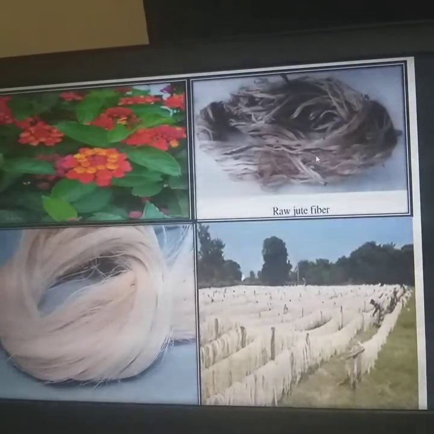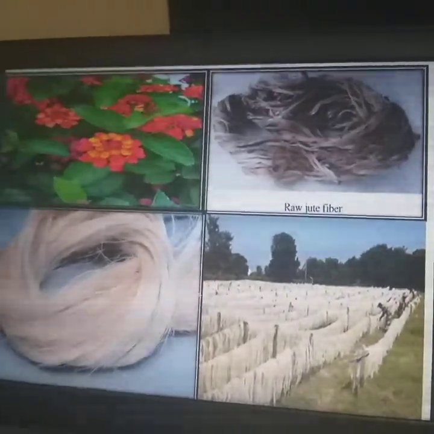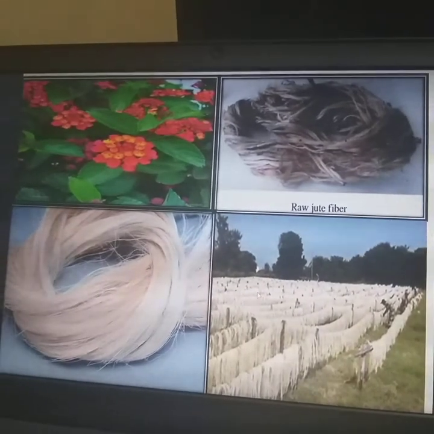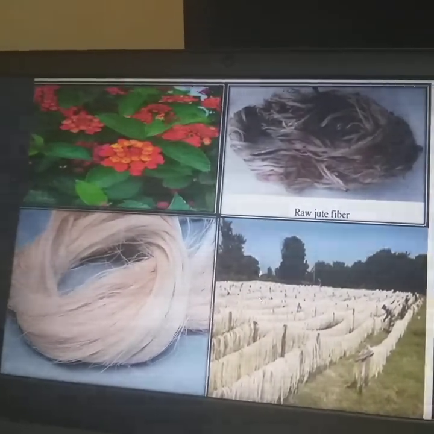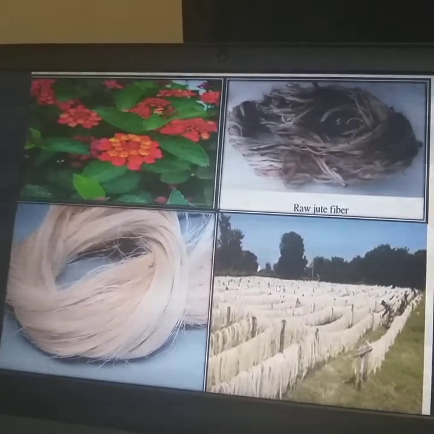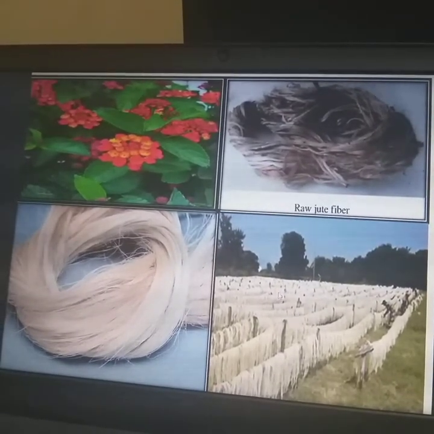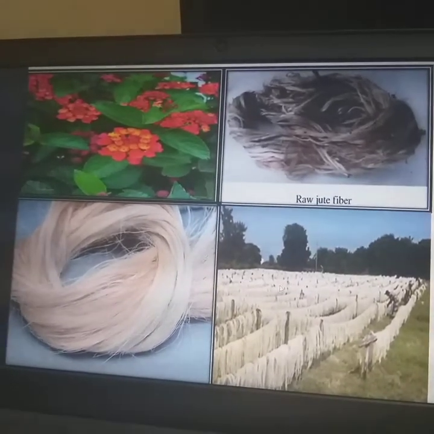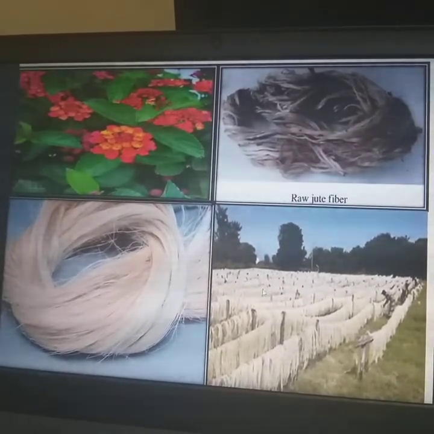So this is a jute fiber. These are all seasoned and well dried fibers. In continuation with the explanation of natural fibers, the process of extracting the fibers from the wood is referred to as pulping, and this process can be mechanical, chemical or semi-chemical. The primary constituents of wood are cellulose, hemicellulose and lignin.